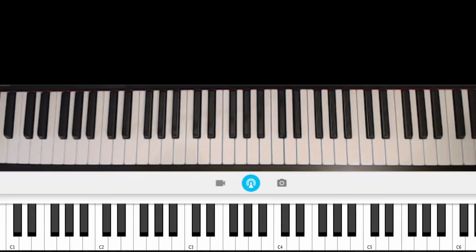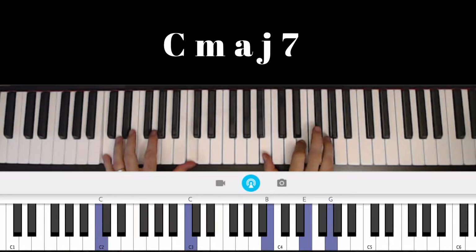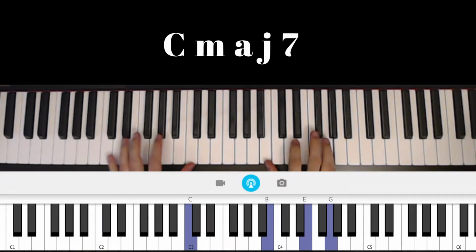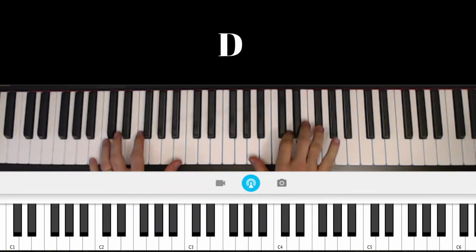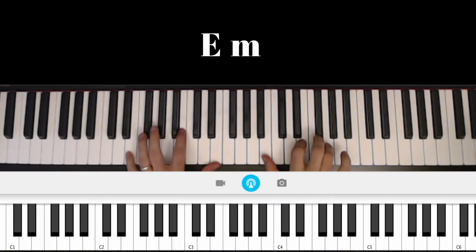On the chorus, probably the biggest thing to look out for is the four chords that get repeated a couple times throughout the chorus. And what makes them a little bit different is that every other chord is off the beat. So the first chord's E minor, all right, then the C major 7 is off the beat, then D, and the B minor 7 is off the beat. So you can hear,